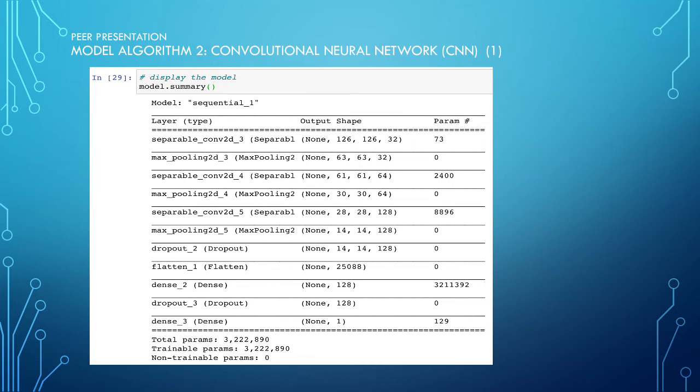Note that I have used separable Conv2D functions instead of traditional convolution 2D layers for more efficient computation. I also used 50% dropout after the convolution layers, as well as another 50% dropout after the main dense layer to reduce overfitting. I tried different optimizers as well as different regularization techniques to tune this network, which we will see in the next few slides.